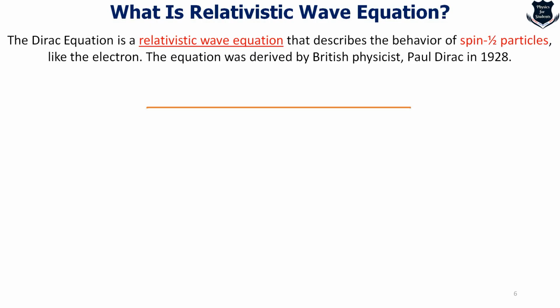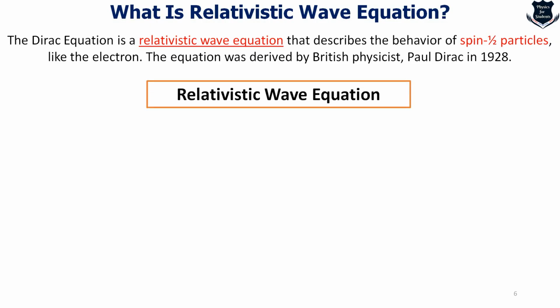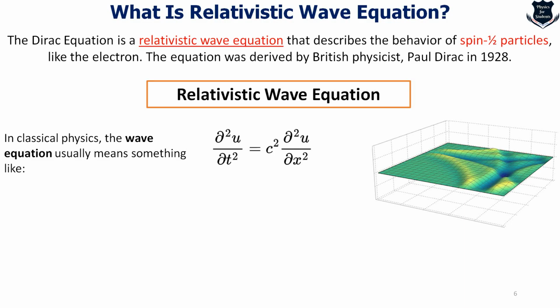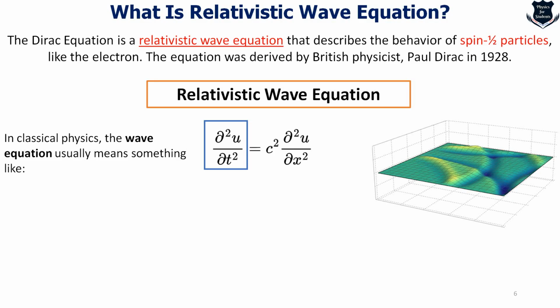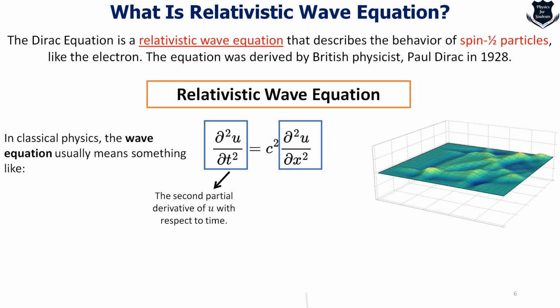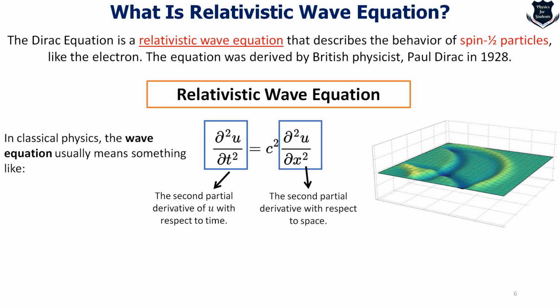In order to understand what a relativistic wave equation is, first we will understand what a non-relativistic wave equation is. And you're all aware of that. In classical physics, it looks something like this. This is a nice animation which will give you a feel-good factor. On the left-hand side, you can see there is a second partial derivative of u with respect to time. On the right-hand side, we have another second partial derivative with respect to space. So t denotes the time and x denotes the space,